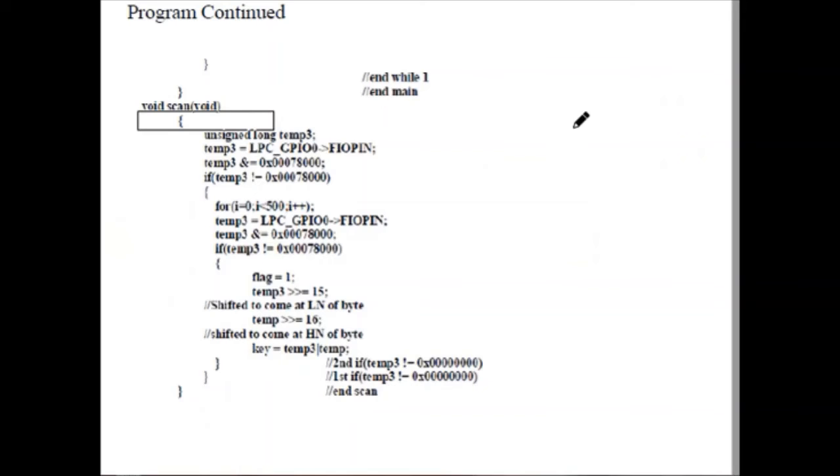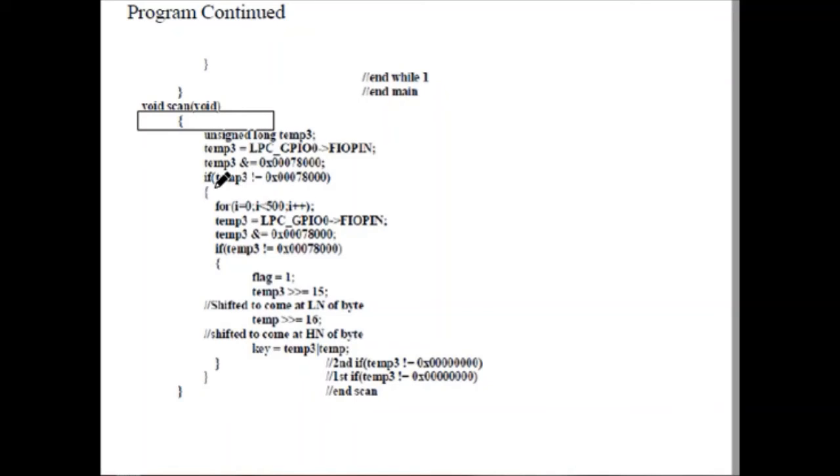So next, once the row is scanned, we again call the function scan. Here temp3 is used in order to scan the column. So which column is pressed? Here we are performing the AND operation with the value stored in temp3.